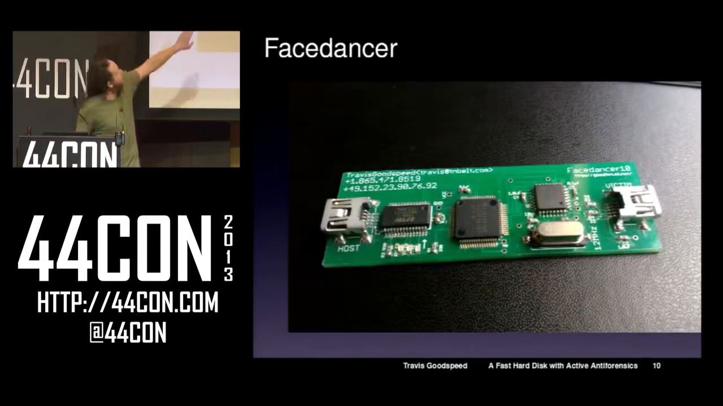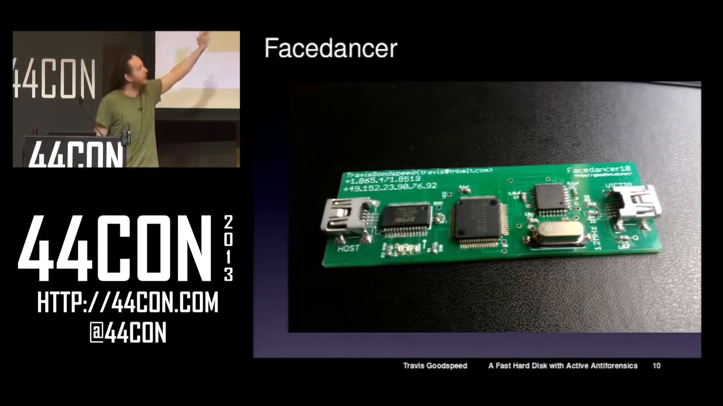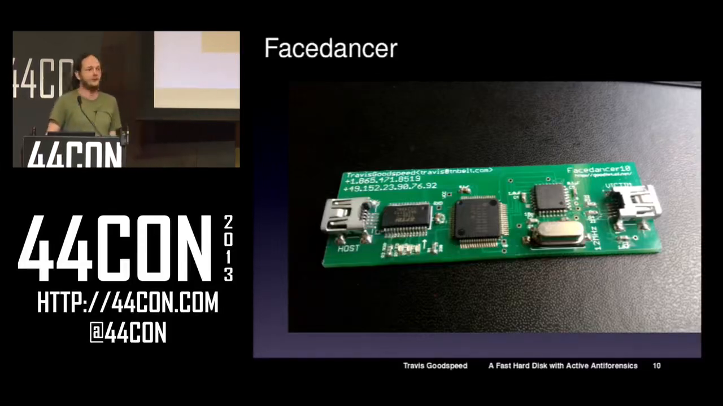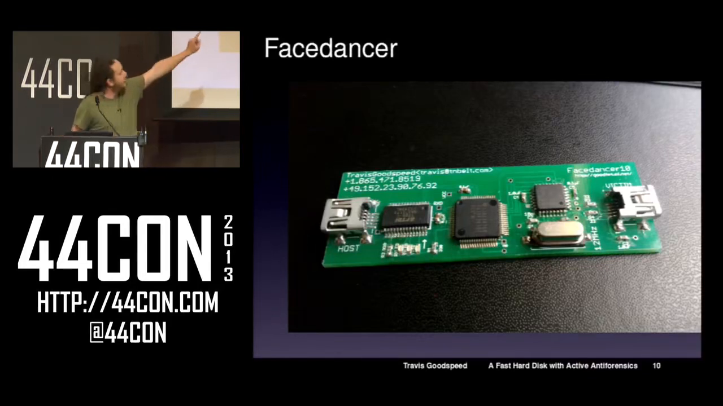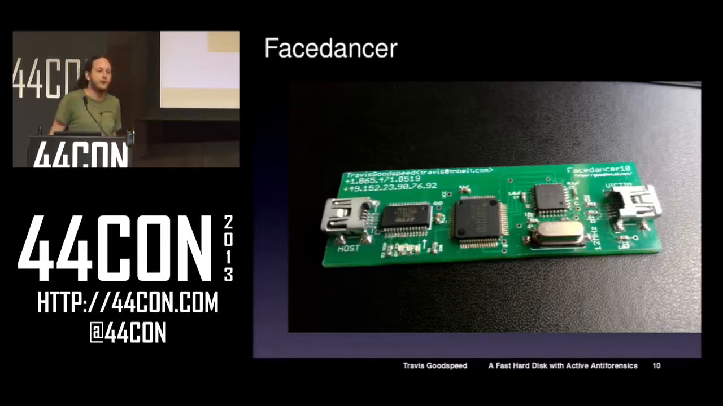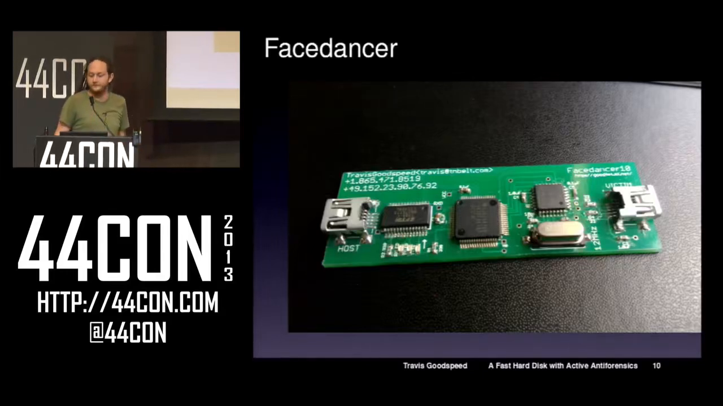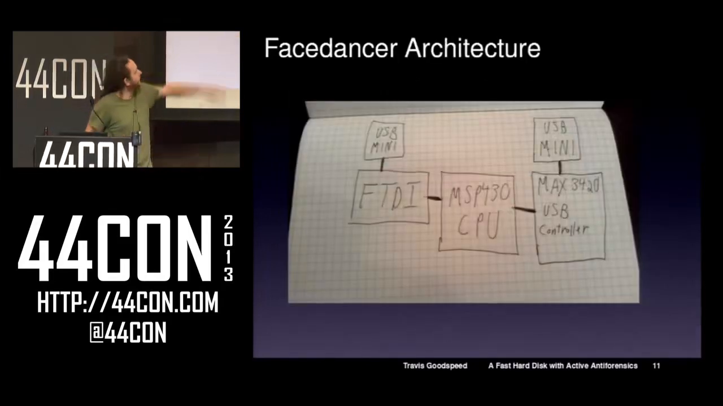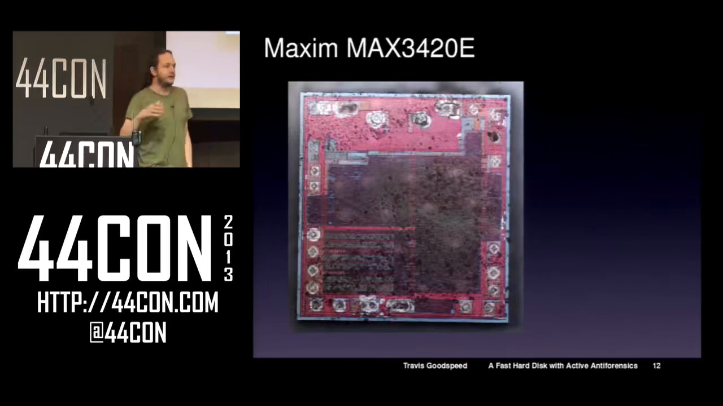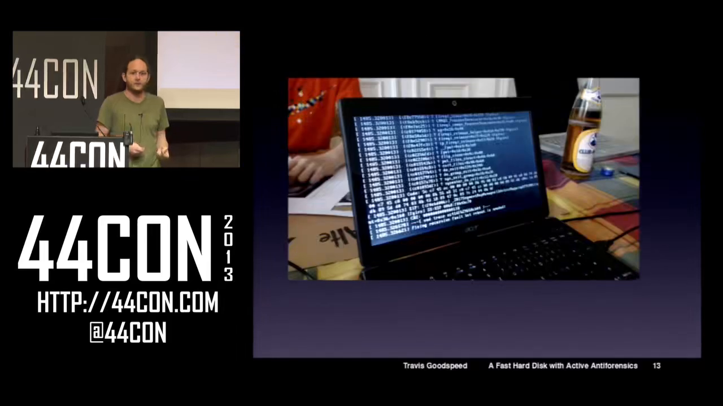So this is the face dancer. The left side goes into your workstation. The right side goes into the other workstation. And then you just run a Python script, and it connects through that FTDI chip on the right. In the middle, there's an MSP430 microcontroller, and on the far right, there's a MAX3420 USB controller chip. And they're just sort of set up in a line with the 2 plugs on the end. Now, what the Maxim chip does is it handles all of the awkward pieces of the USB protocol. So USB requires you to automatically